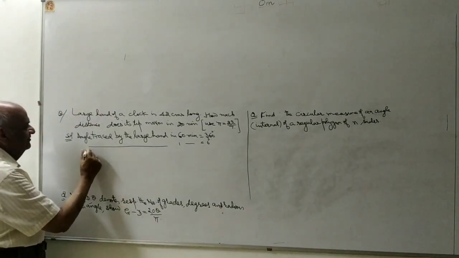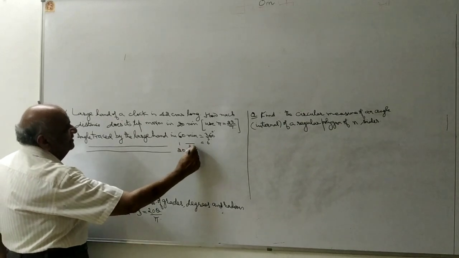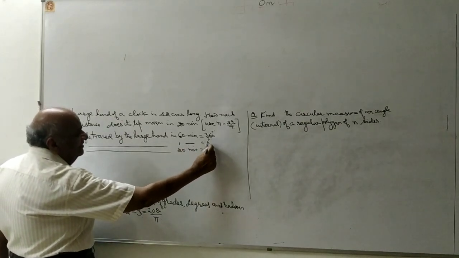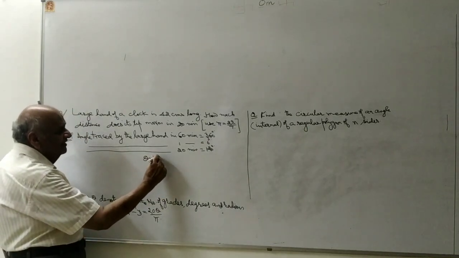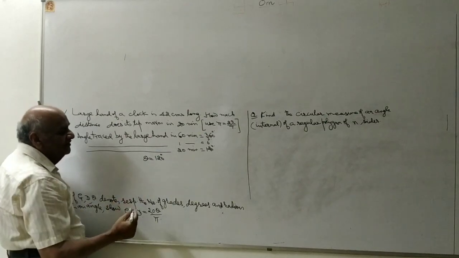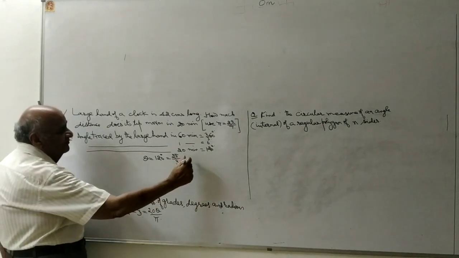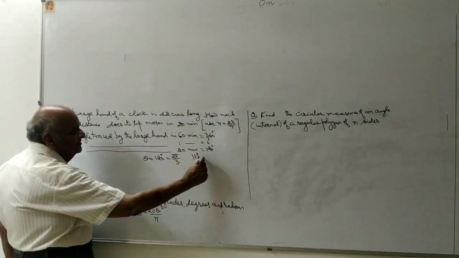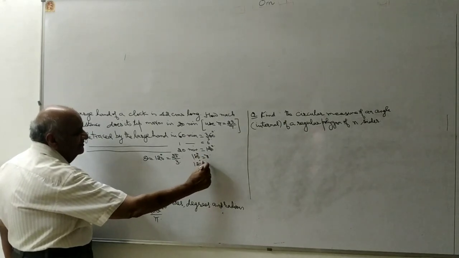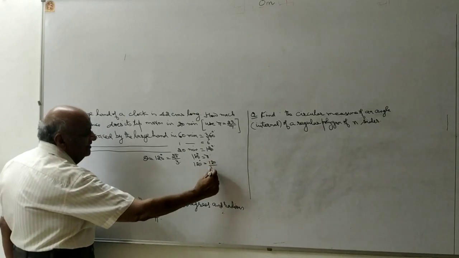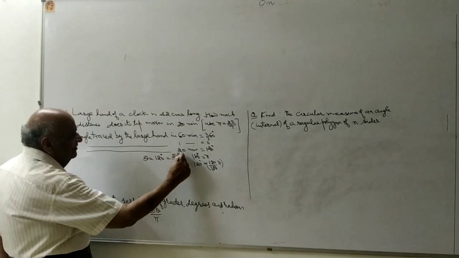And therefore, the angle traced by the large hand in 20 minutes is 120 degrees. Now theta is equal to 120 degrees. Convert into radians. It comes to 2 pi by 3. Therefore, using the scale 180 degrees is equal to pi radians, 120 degrees is 120 upon 180 into pi radians. That is 2 pi by 3 radians.